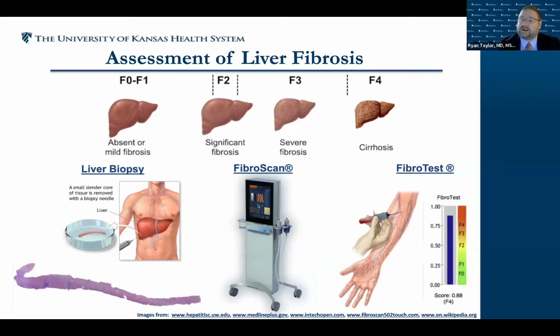So fibrosis in the liver is a spectrum, and you go from a healthy liver, which is F0 to F1, meaning fibrosis 0 or stage 1, where the patient may have no fibrosis or no scar in the liver. And then as they have disease progression over time, they eventually will have increasing stage, and then they will have stage 4, which is cirrhosis.